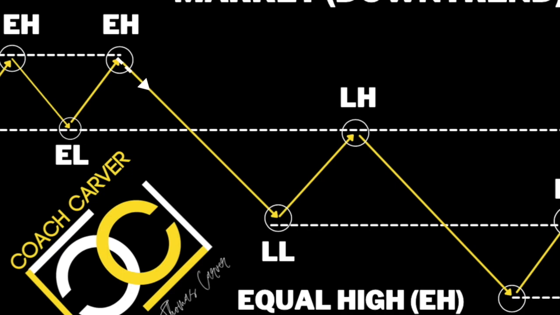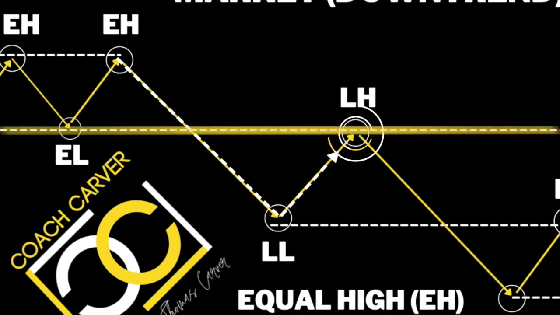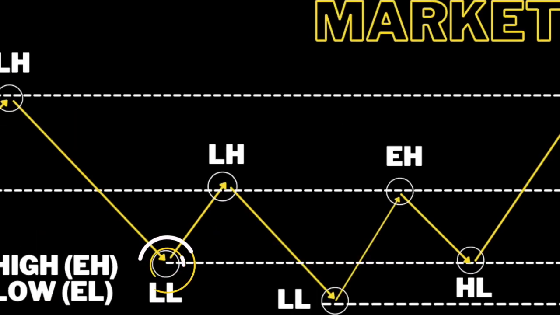Now as we see here, price continues to push all the way through our support, comes down, creates a lower low. Now at this point, price pushes up, creating a lower high, hitting that resistance level, which was once support, pushing all the way down and creating a lower low. Now it's at this point we see price come up, hits a lower high, pushes down, creating a lower low. Coming through, pushing up, creating an equal high, coming down, retracing just a little bit, and in fact creating a